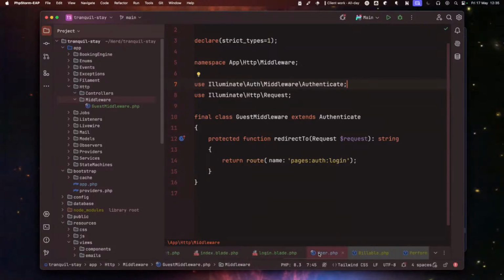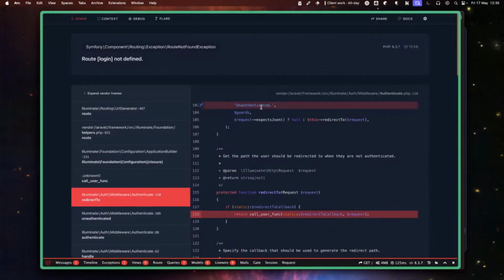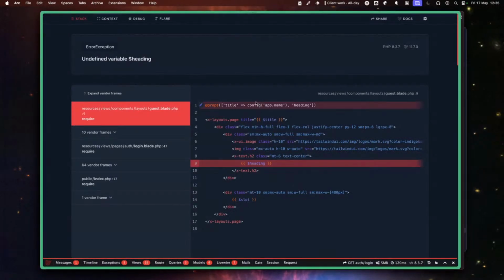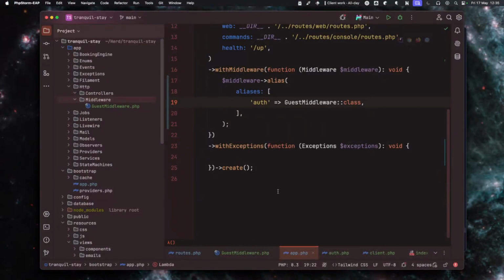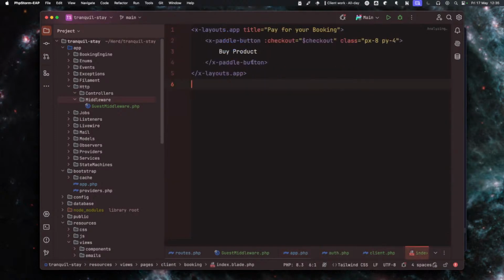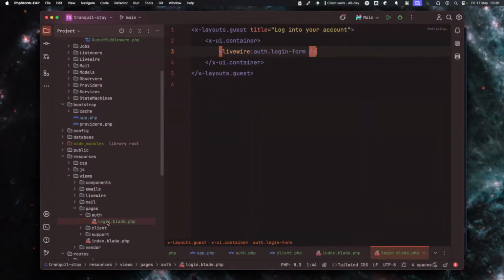Where's that app here? We want that to be auth. Undefined variable heading. Perfect. We are getting somewhere. Components layout guests. Come to here, and our heading is going to be, wrong one. That's the pay part. Come down to here, and we want to say that our heading,